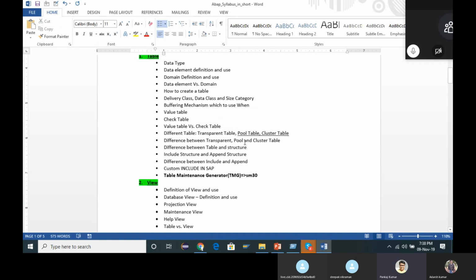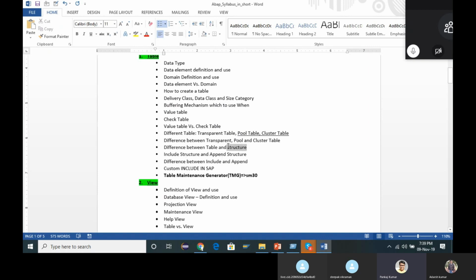So the transparent table, pool table and cluster table are still getting used. But anyway, the transparent table is the most frequently used; in 99% of cases we are going to see the transparent table only. Pool table and cluster table are rarely used. So we will be seeing the difference between transparent, pool and cluster table.